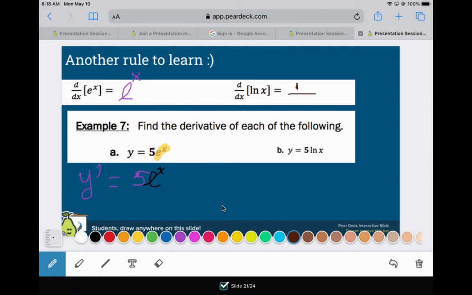The derivative of natural log will be 1 over x. So these two are not too bad. It's just that you have to have it memorized. So y prime,